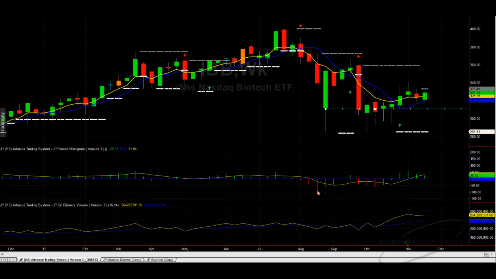We've also noted that the momentum histogram has formed the bullish convergence. If you look at comparing a low price close on that red candle versus the low price close of that red candle. So in essence, the price is lower, and